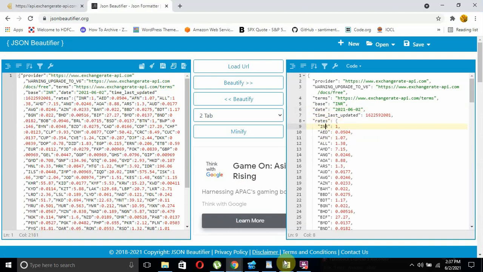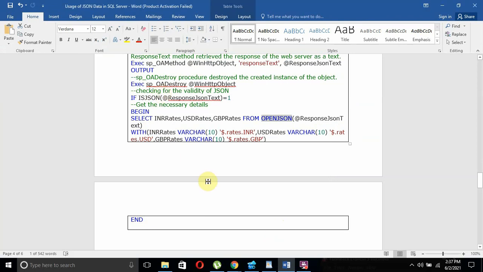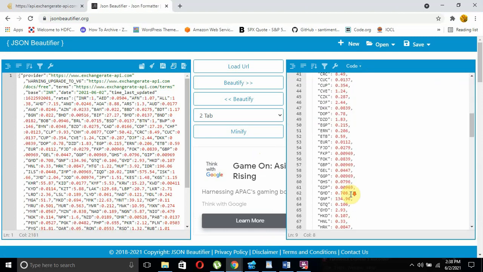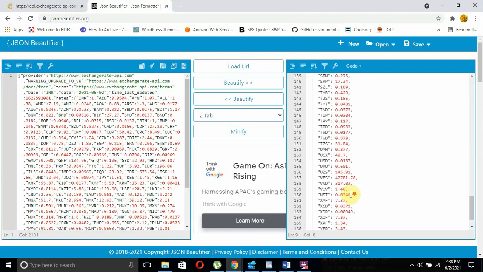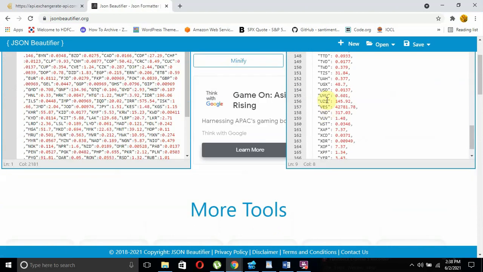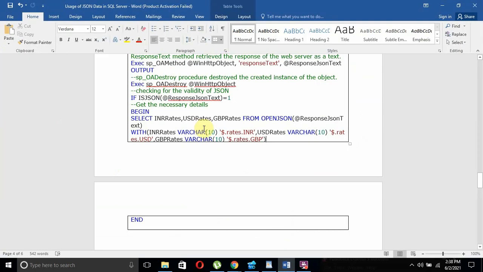Similarly, the next one is USD rates, which can be retrieved with rates.usd. I am taking only three rates. Then I want to take GBP, so rates.gbp. Like that you need to provide.